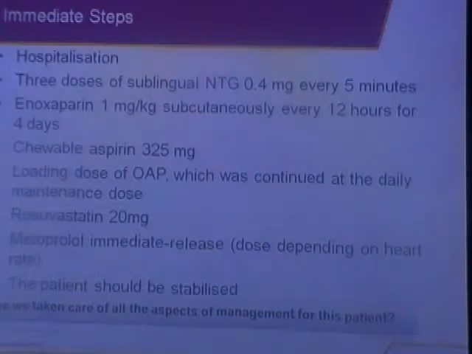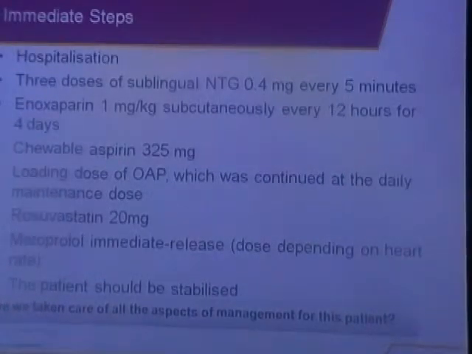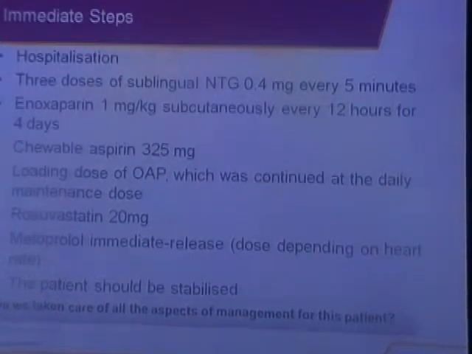So immediate steps include hospitalization, sublingual nitroglycerin, enoxaparin or heparin, whichever you are comfortable with, and chewable aspirin. Along with aspirin, an additional dose of an oral antiplatelet agent like clopidogrel or ticagrelor or prasugrel should be given depending on the clinical situation. But in a multi-speciality clinic like ours, I feel clopidogrel is the easier one to give, because we are all familiar with the 300 to 600 milligram loading dose. Ticagrelor and prasugrel can be given in cardiac hospitals when an angioplasty is being planned, as part of loading with these drugs before the procedure.